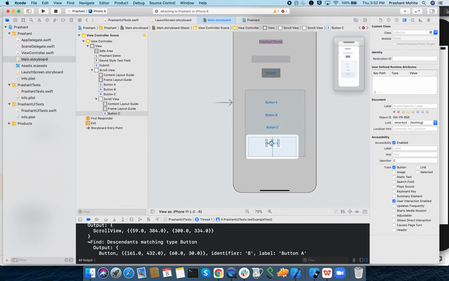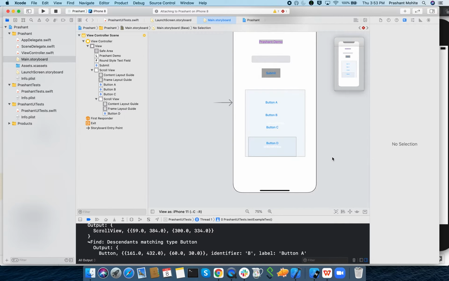Now I'll rename it to button D, and give the identifier D. Now let's check our query.